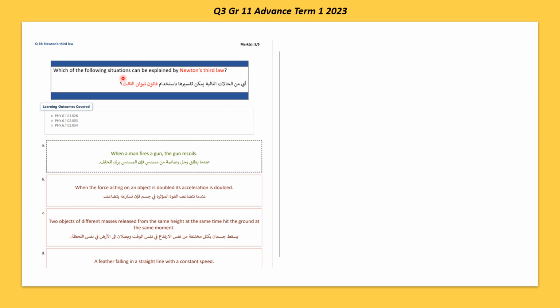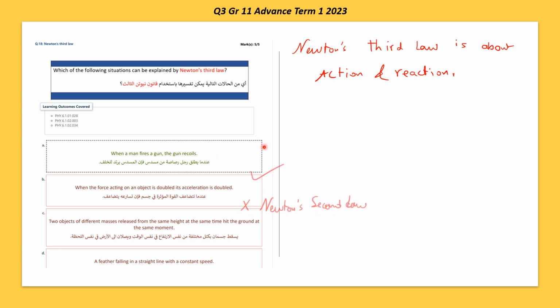We continue with question 3. Which of the following situations can be explained by Newton's third law? So here we have four options, four statements. Newton's third law is about action and reaction. In the first example, when a man fires a gun, of course the gun will go back, or we say it recoils, meaning the gun will move back. So the bullet is moving forward, but the gun is moving backward,